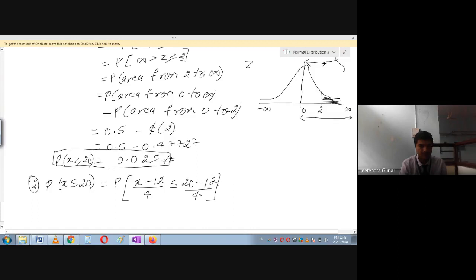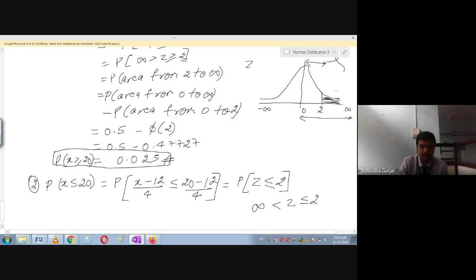If you further simplify this, you are going to get the probability, converting it into z variate, less than or equal to 2. So now you can see in the same thing, this function z less than or equal to 2, means we are going to calculate, this is the infinity and z, between z and less than or equal to 2. Which area are we going to calculate? Greater than or equal to 2, students, means you are going to calculate this area.